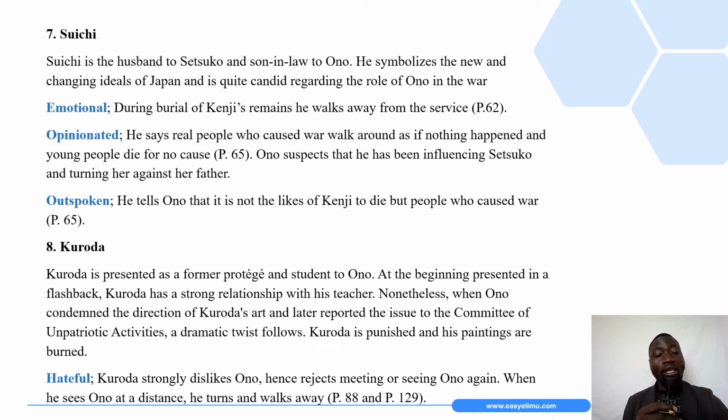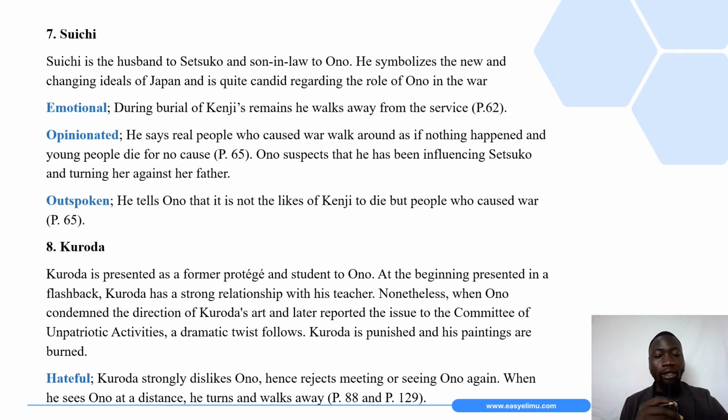There is also this character here, dear students, that we have, that is Kuroda. So Kuroda is presented as a former protege and a student to Ono. So at the beginning of the story, presented in a flashback, Kuroda has a strong relationship with his teacher. Nonetheless, when Ono condemned the direction of Kuroda's art and later reported the issue to the Committee of Unpatriotic Activities, a dramatic twist follows. So Kuroda is punished and his paintings are banned. This makes Ono his enemy